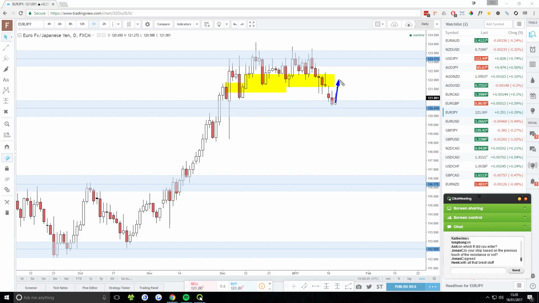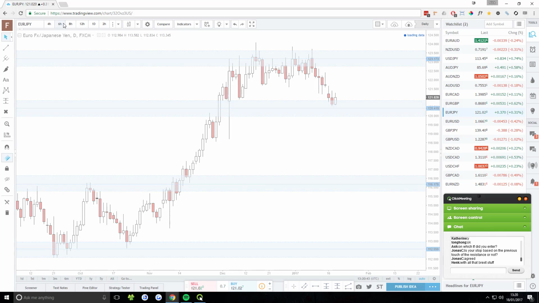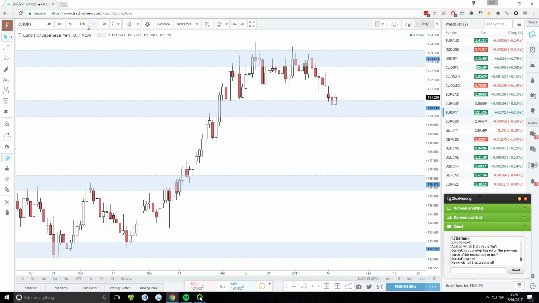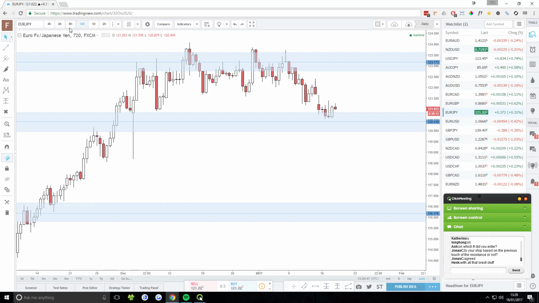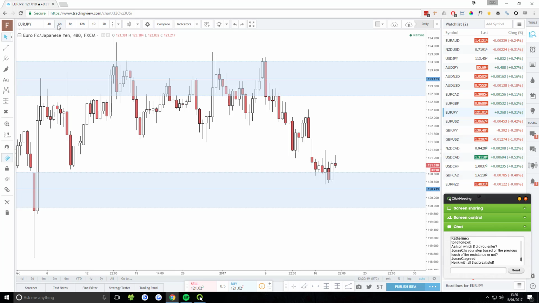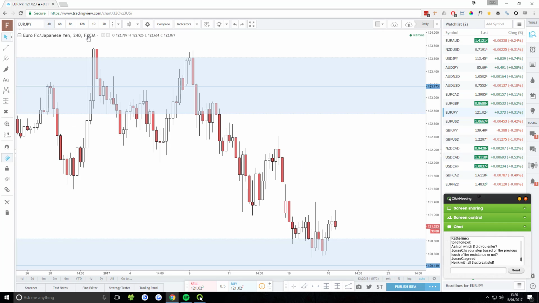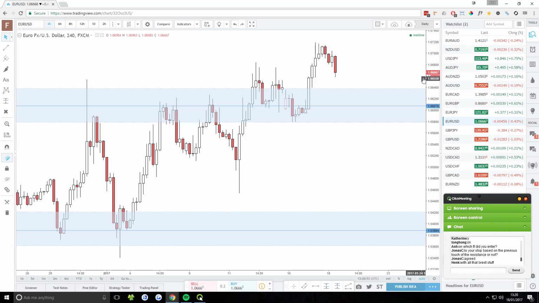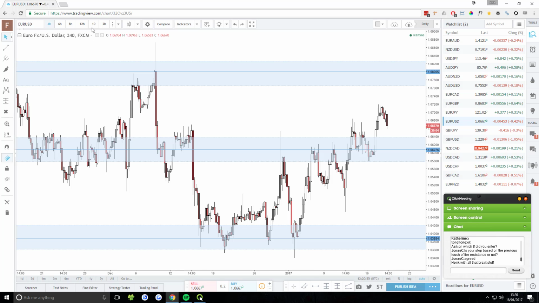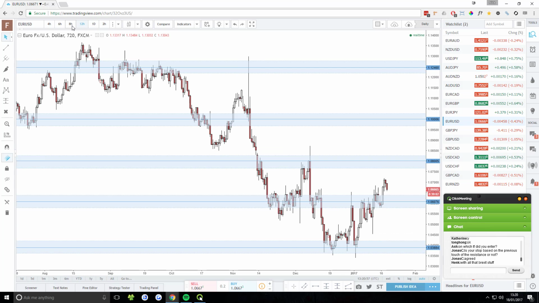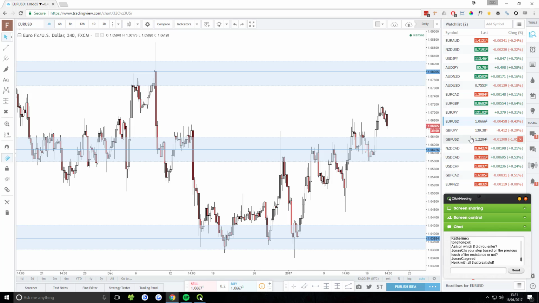And if price moves up to here, it looks like it's probably going to do some of that and then come back down. And I'm not interested in this at all. Is anyone in on this? No, it doesn't look like you guys are, so cool. Euro USD is in between two support resistance areas, so there's no potential for a trade there.